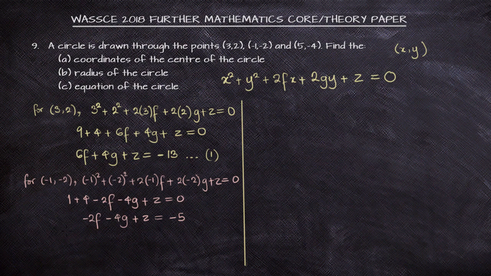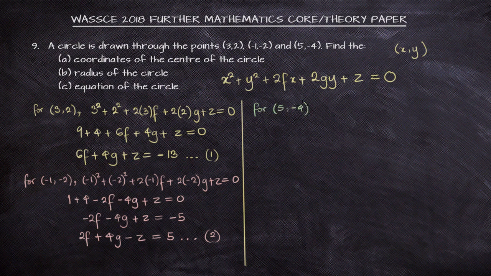And for me, I like to work with positive values, so I will rather multiply all through by minus 1. So we have 2f plus 4g minus z is equal to 5. I can call this equation 2. Now that's equation 2. And in the third case, for 5 comma minus 4,